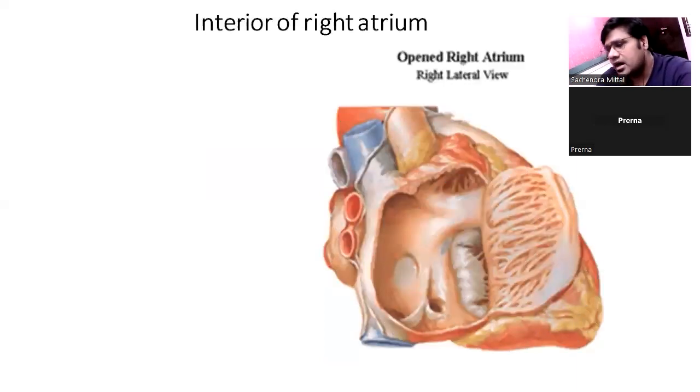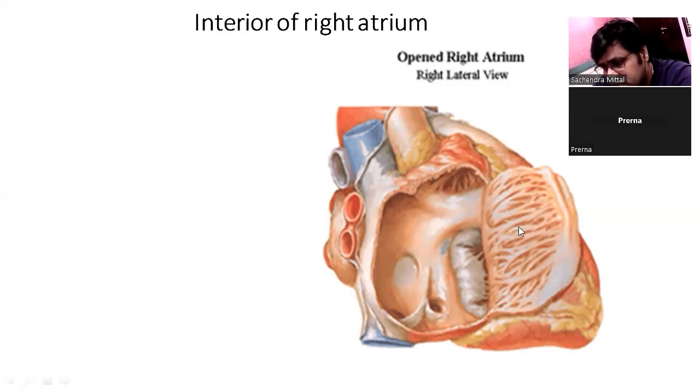Now look at this. This is how the right atrium looks when we cut it. We have cut the anterior wall. And where did we cut? We made the cut in the right atrium, between the superior vena cava and the inferior vena cava. See, this is the superior vena cava. This is the inferior vena cava. Between them there is a groove which we were discussing, that is the sulcus terminalis. So if you make an incision from the sulcus terminalis and then reflect the anterior wall,